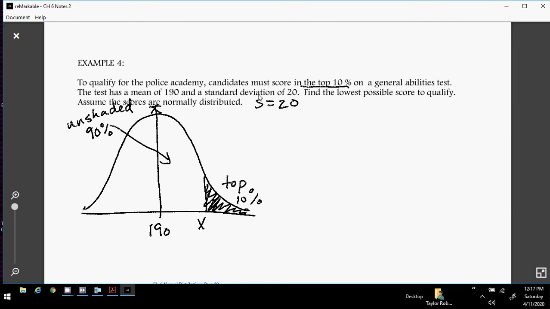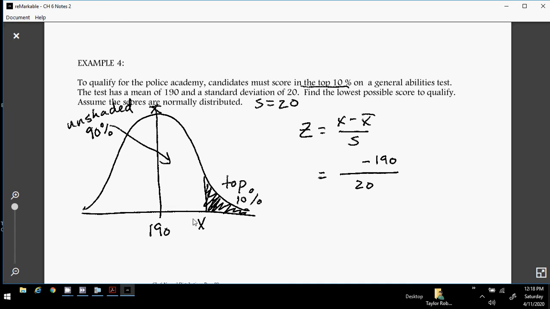Okay, so let's think about going backwards from where we were. Normally we would start with our z equation, and then we would plug in our x and our x bar and our s. Well, we have an s, which is 20. We have an x bar, which is 190, but I don't have a z and I don't have an x. How can I find a z? Well, I would need to know